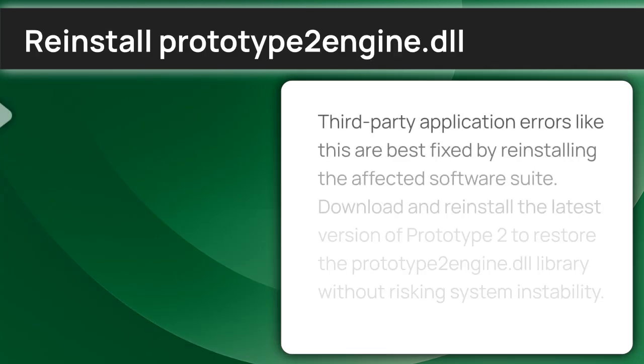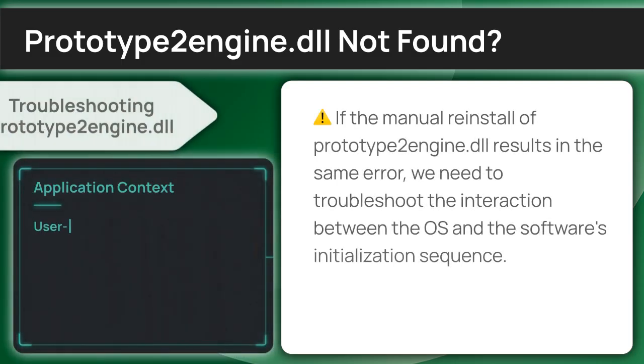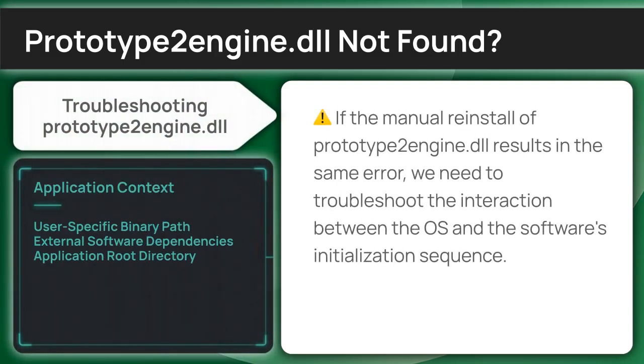This error usually indicates that the Prototype2 directory is damaged or incompletely installed. I recommend you download and reinstall the official version of Prototype2 to replace specific required files, such as the Prototype2 engine DLL. When a standard reinstall doesn't cut it, we move to advanced diagnostic steps to ensure the system is